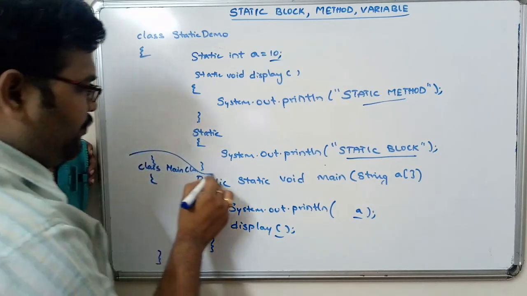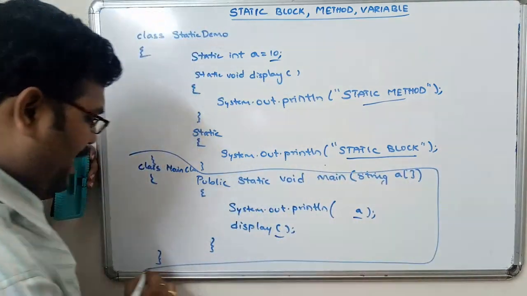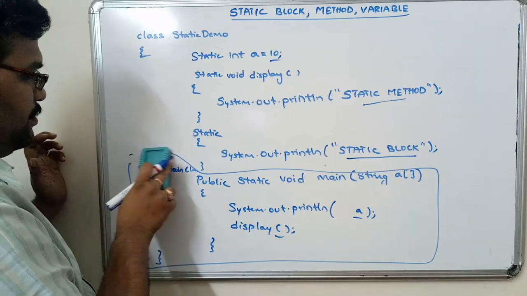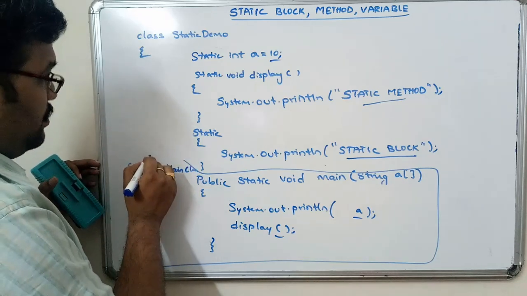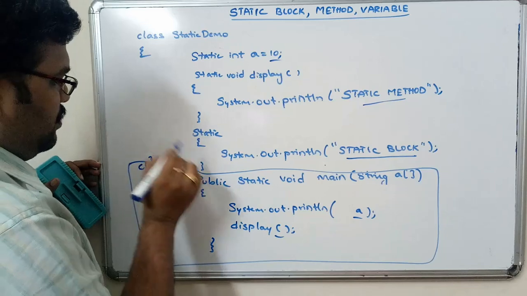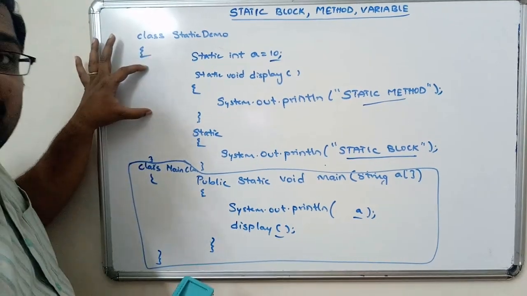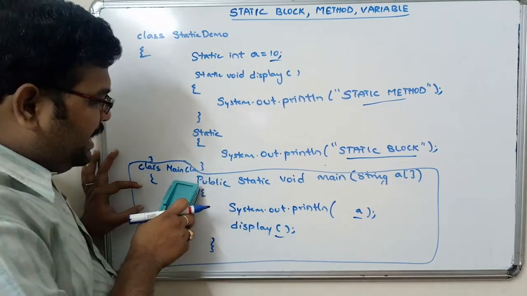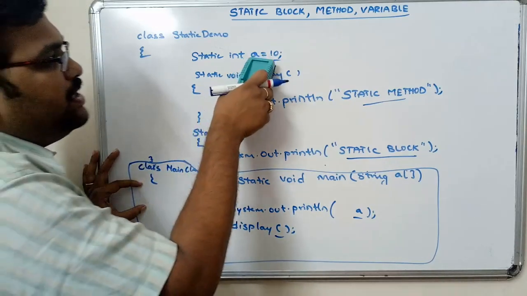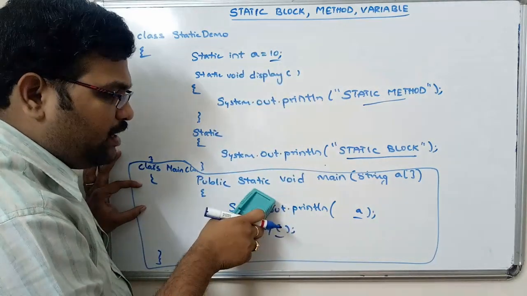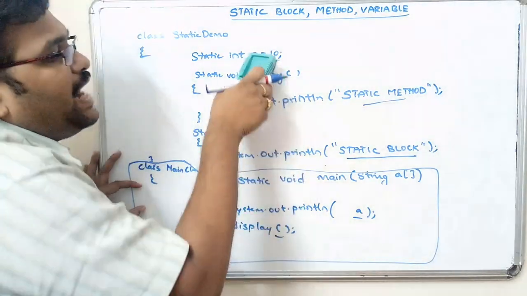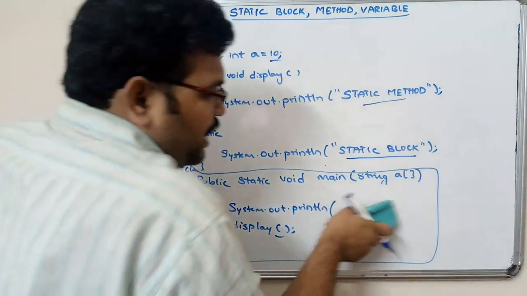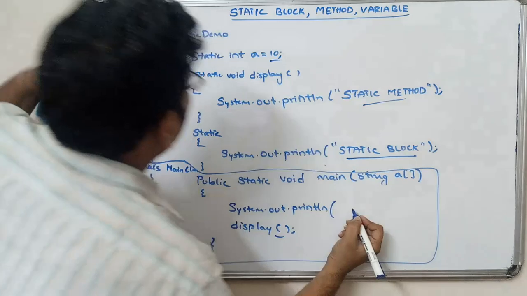So here if you write this in another class, this is one class, and here I am writing this main function in another class, main class. So in this case, the static variable is in one class and the main function has been written in another class, so the static variables should be accessed by using the class name. So if you want to print A, we have to use this name,